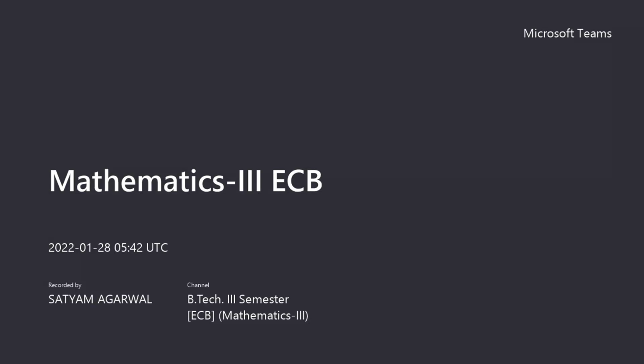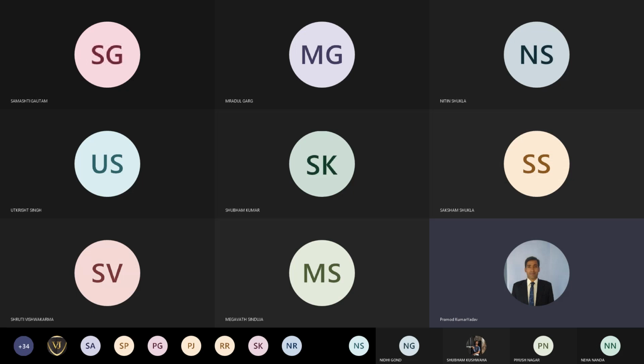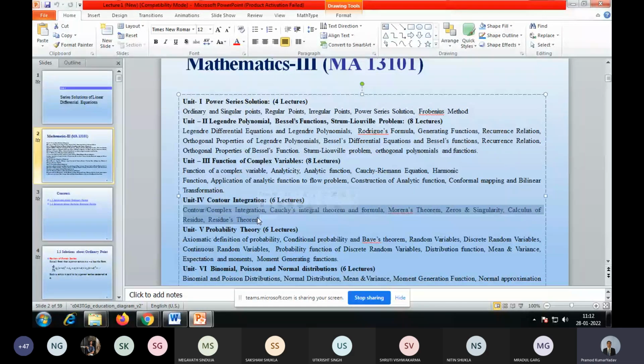See how to integrate the complex function. For this one, complex function means, as you already know, the complex variable f(z). f(z) means u plus iota v, where u is a function of x, y and v is also a function of x, y. So u and v are both the real part of the complex function. Then we are going to do the integration over that.